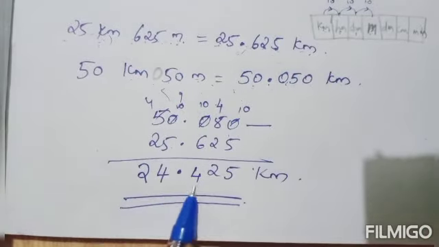Okay, so first, 66 kilogram 725 gram. In decimal notation, how can you write? This kilogram you can write before the decimal point. Okay, so 66 point. Now gram you can write after the decimal point. So 725. Unit will be kilogram. Okay, 66 kilogram 725 gram in decimal notation will be 66.725 kilogram.